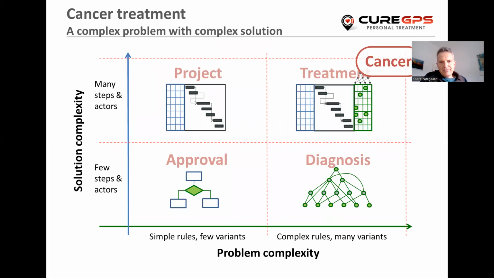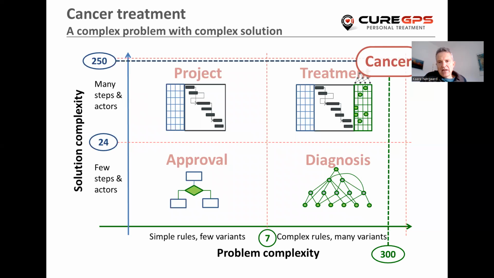And the thing is that in order to do that, you must combine a complex problem with a complex solution, because a cancer treatment is one that has approximately 300 independent decision variables and 250 steps to undertake. And that combination puts the workflow that supports the cancer treatment in the upper right quadrant called treatment in this